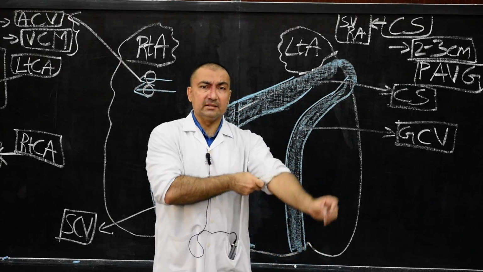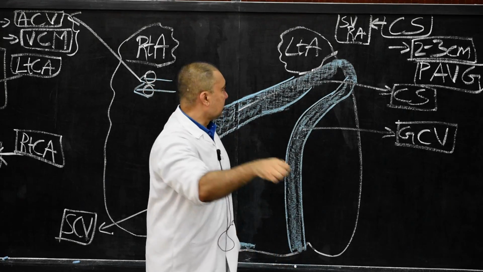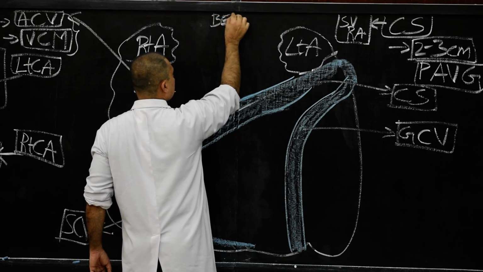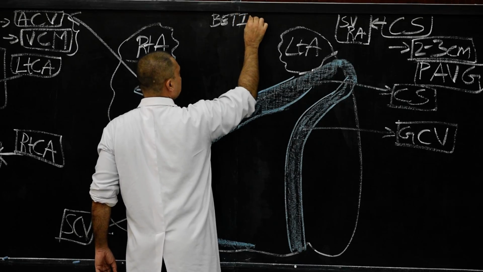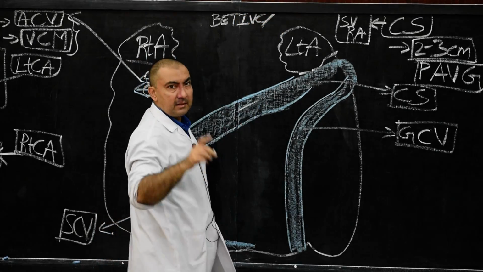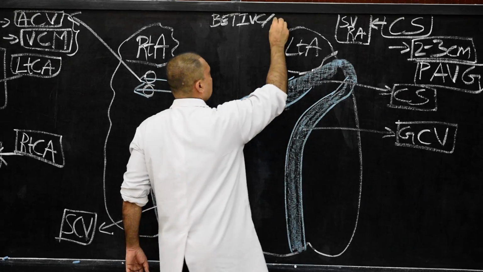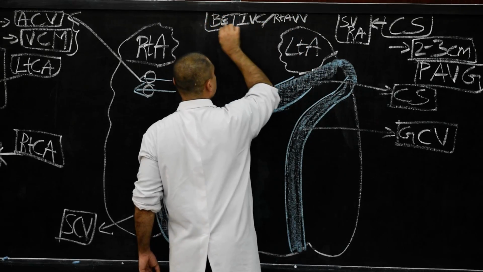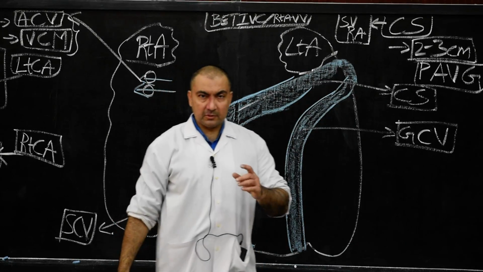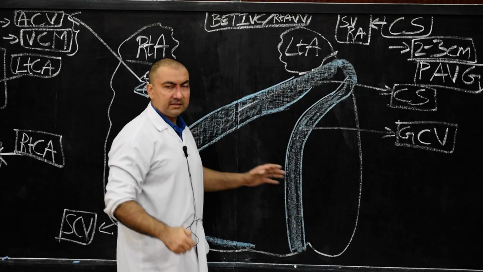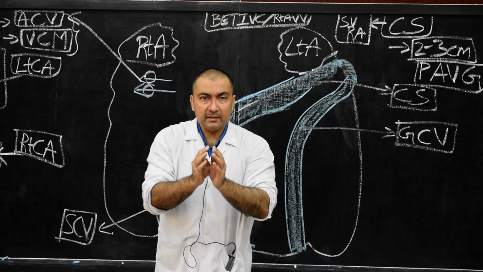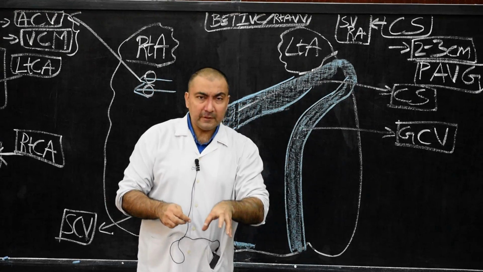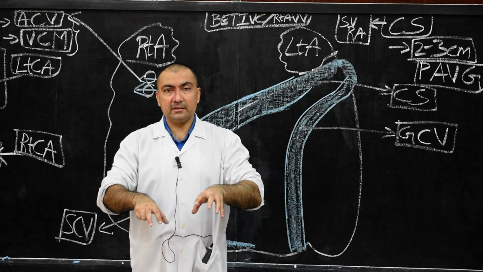This opening of the coronary sinus will open exactly between, this is very important, it will open between the opening of the inferior vena cava and the right atrioventricular opening, or it is called the right atrioventricular valve. So please note down, the entire coronary sinus will open into the sinus venarum of the right atrium, in the opening between the inferior vena cava and the right atrioventricular valve.